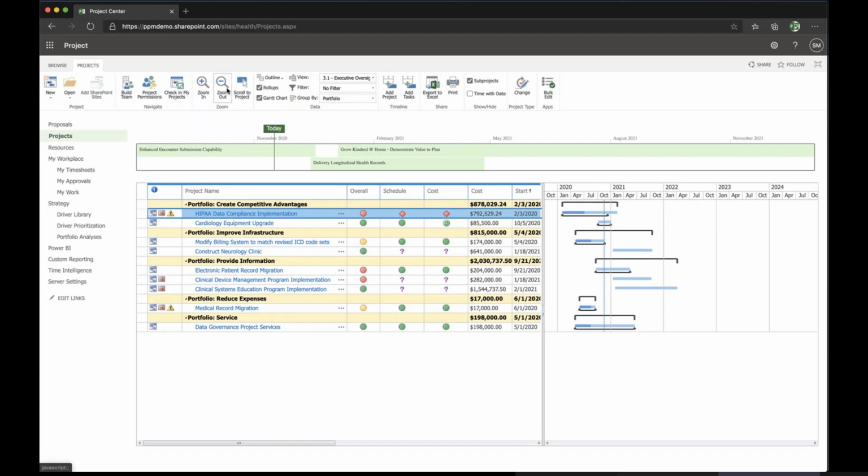We can also zoom in, zoom out to see different levels of time detail. So this zoom is not the page. This zoom is actually related to the timeline that we see over in the body section. We can scroll to a particular project. So if we have a project and this timeline is not visible for whatever reason, let's say that we were